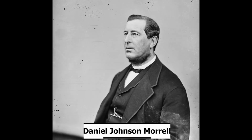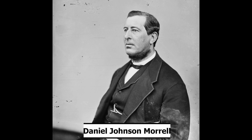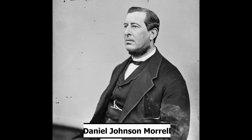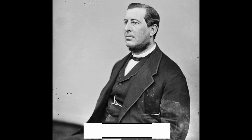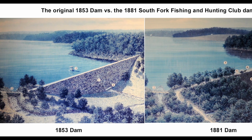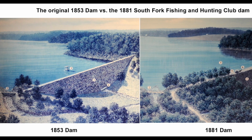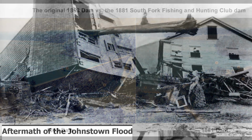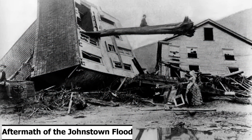She was named for the late Daniel Johnson Morrell, the manager and general superintendent of the Cambria Iron Company, and he was also a Republican U.S. representative from Pennsylvania. Morrell also had sent multiple letters regarding the safety of Johnstown Dam to Benjamin Franklin Ruff, founder of the South Fork Fishing and Hunting Club that was in charge of watching the Johnstown Dam, and eventually the failure of that dam caused the Great Johnstown Flood on May 31, 1889, killing more than 2,200 people,